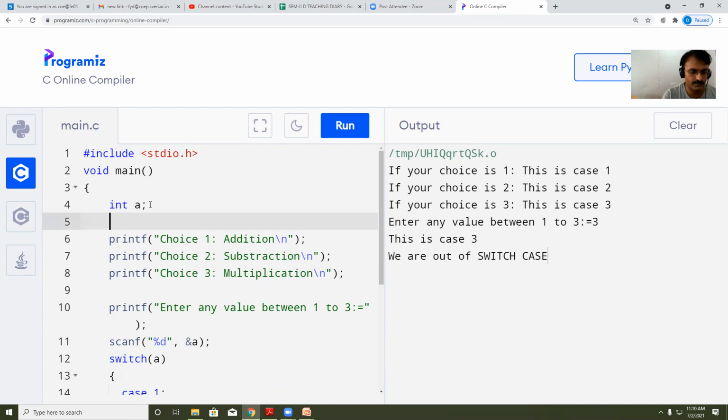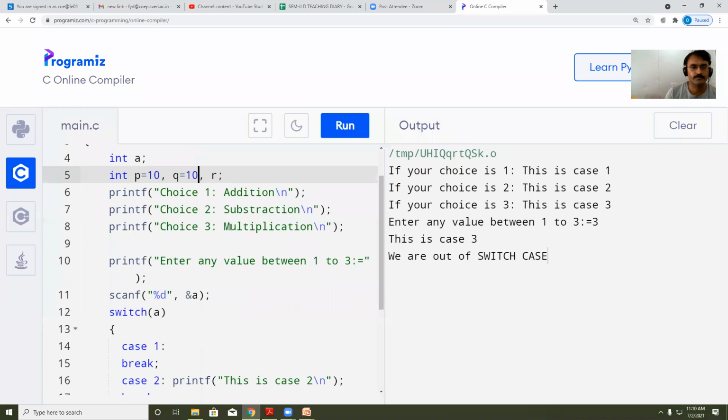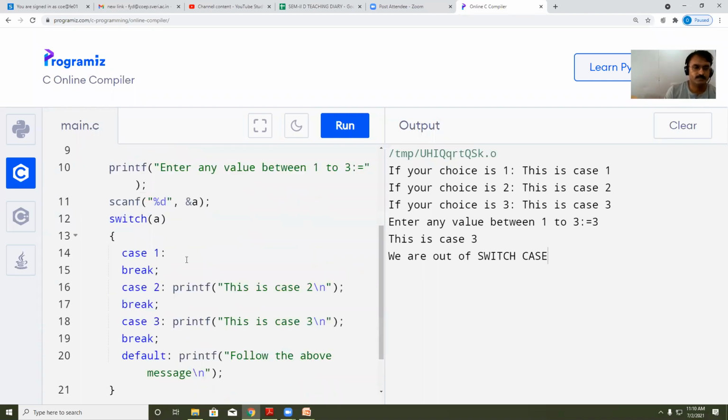So again, I will take the variables here, integer: P, Q, and R. P is equal to, let's say, 10. Q is equal to, let's say, again 10. I'm going to store the answer into the R variable. Here I will perform the addition. R is equal to P plus Q.